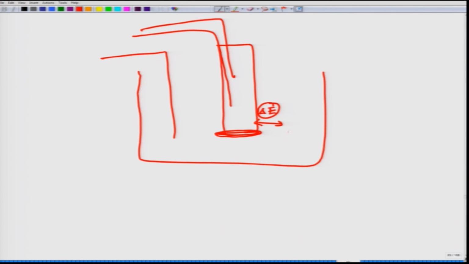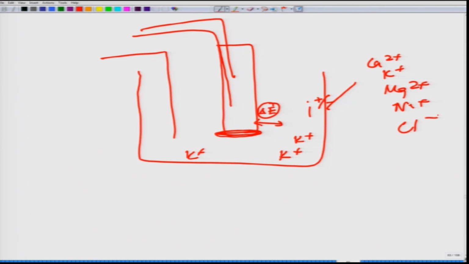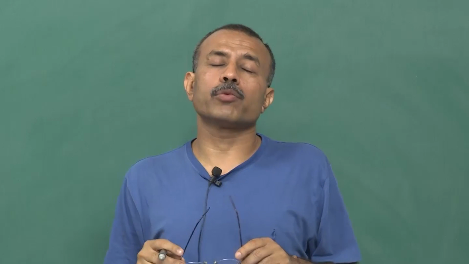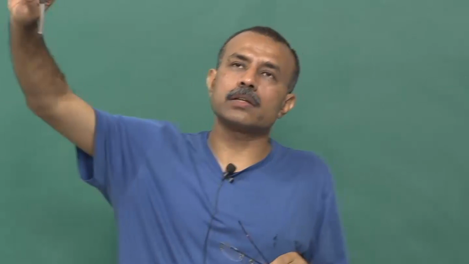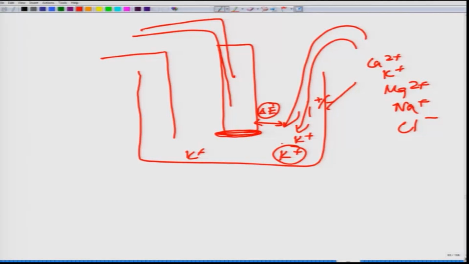That delta E is a function of the ion concentration outside. The ion could be positive or negative. It could be calcium, potassium, magnesium, sodium, chloride, whatever you want. With respect to outside, there is a potential difference, but if you add more of that ion, the potential drop is going to shift. If you already have a standard curve, you know the concentration for that potential. For that, what you need on this membrane is a selective binder to a particular ion,